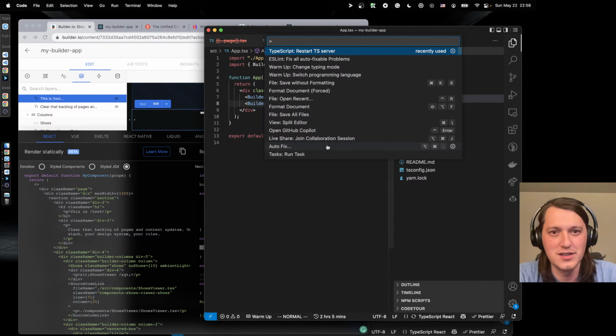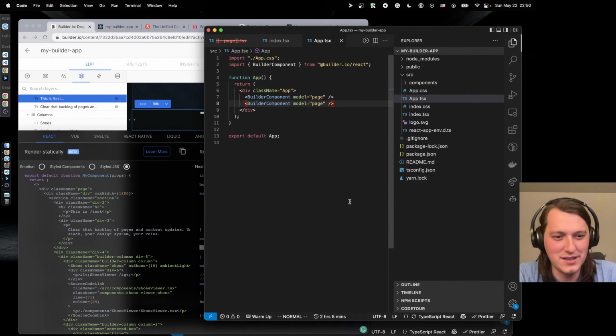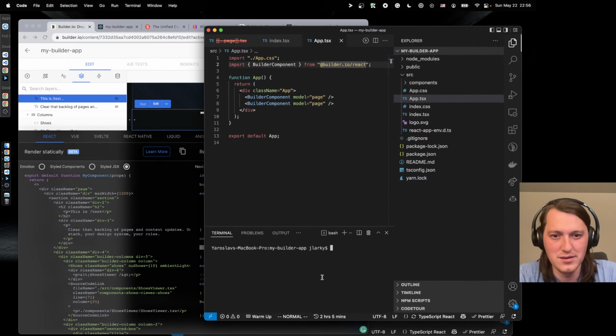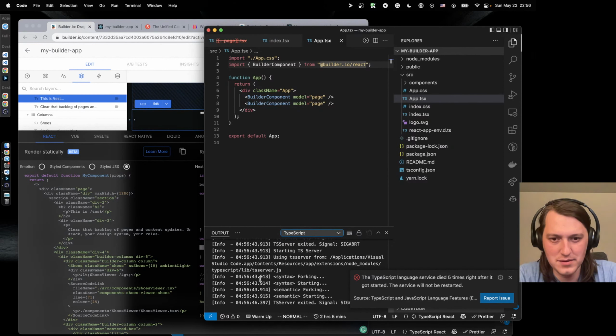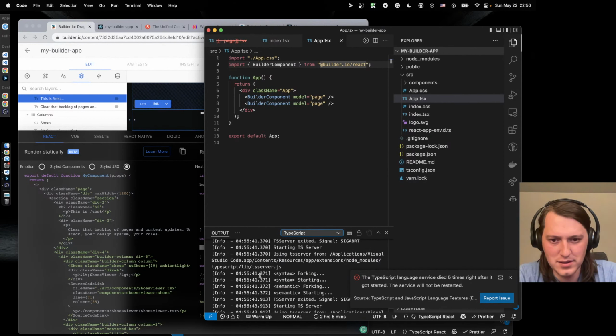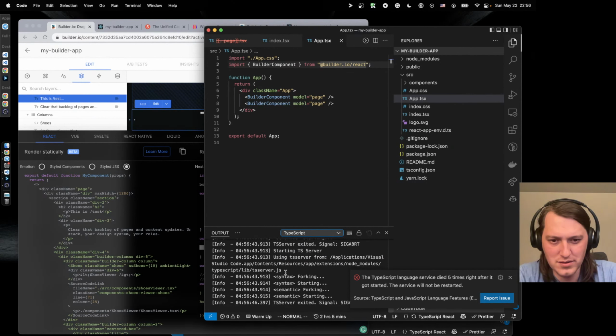Okay, I wish TypeScript worked, so I can click through to types and stuff. So I wonder why it doesn't work. Okay, so output TypeScript syntax working, starting using TS server.